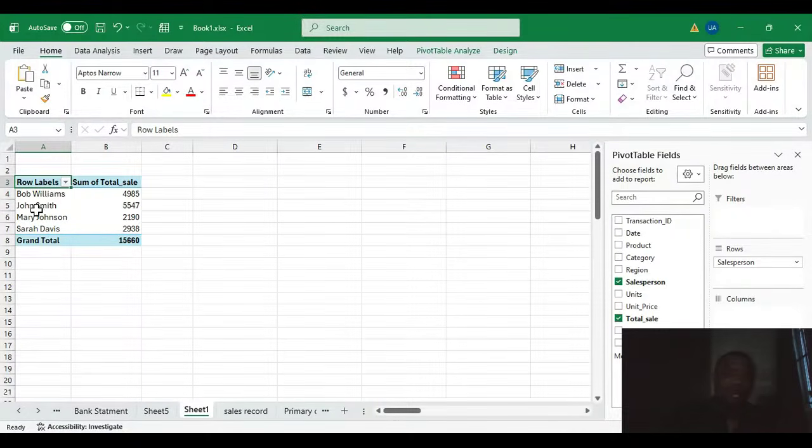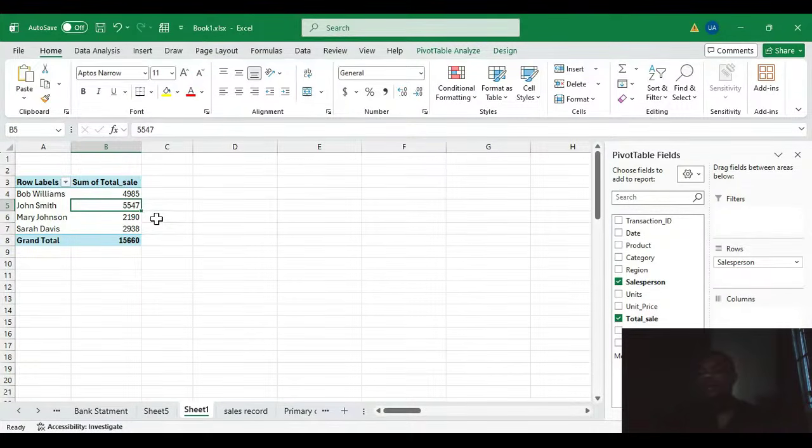We have John, Bob Williams, Mary Johnson, and Sarah Davis. And John Smith actually has the highest items sold here. So his own sales so far is actually